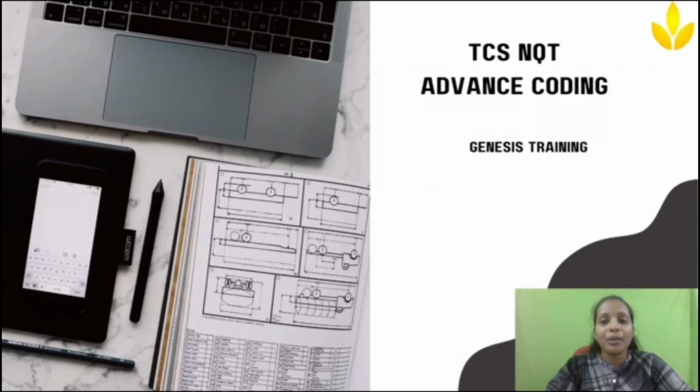But just to brief up, there will be two sections in the TCS NQT exam. The first section is the foundation section and the second is the advanced section. The advanced section is again divided into two sections: one is advanced reasoning and numerical ability, and the second is advanced coding. The advanced part has a total of 115 minutes allocated, and in that